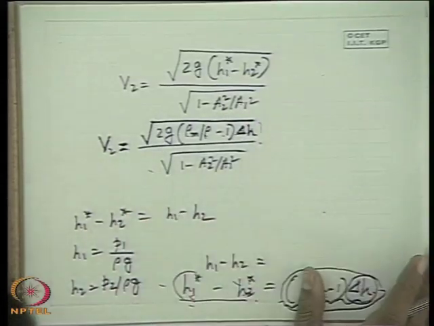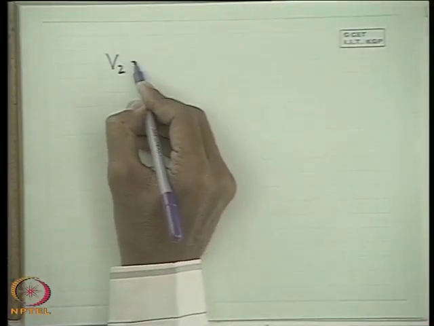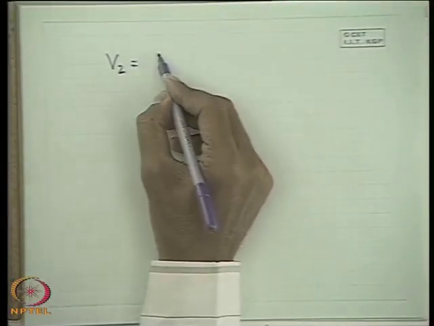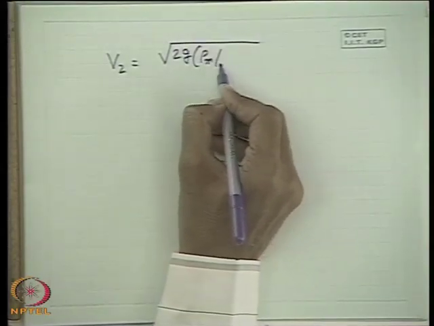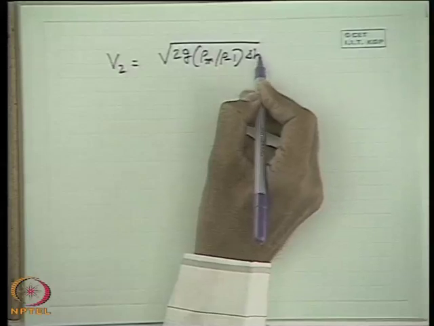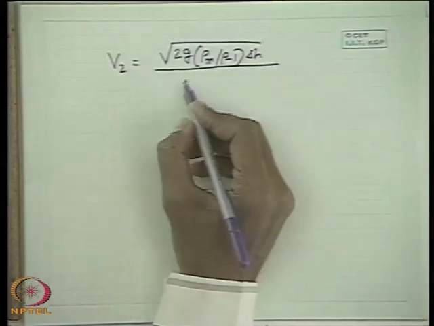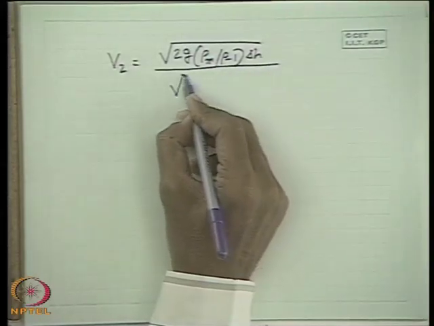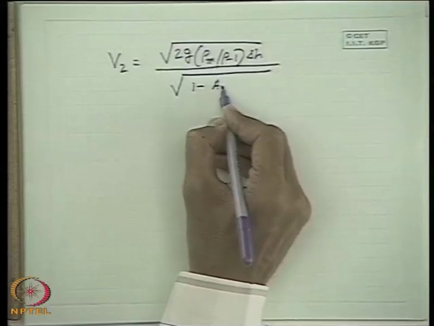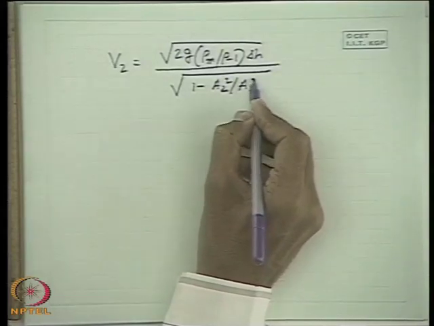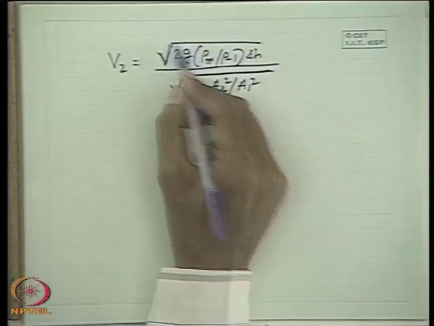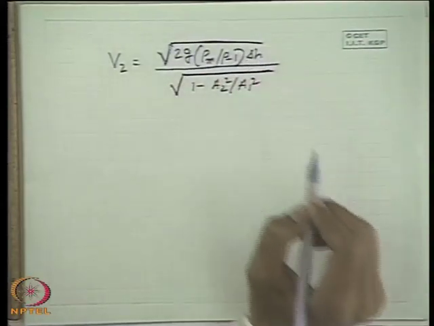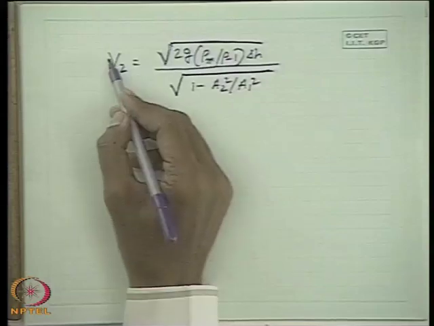Alright, now if I write this equation again, what do we get? We get V2 is equal to root over 2g. So this is a very, very important conclusion. Sometimes it is asked even in interviews: will you be very careful if the venturimeter installation is not perfectly horizontal? The answer will be no, because if I write the expression in terms of the mercury deflection in a manometer, if mercury is the manometric fluid, the deflection of the manometric fluid, the equation becomes the same. So now this is the value of V2.